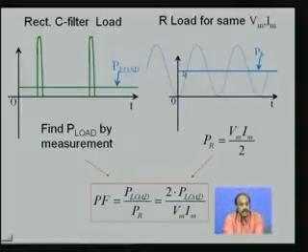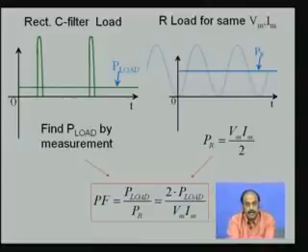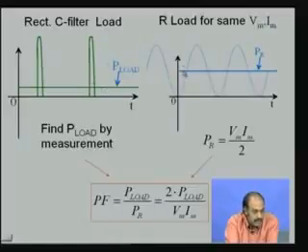Now, let us say you want to deliver the same active power. Let us say you have 10 watts of load and you want to deliver 10 watts of active power with the same Vm and Im as the resistive load. Then, for this to match this, to come to 10 watts,